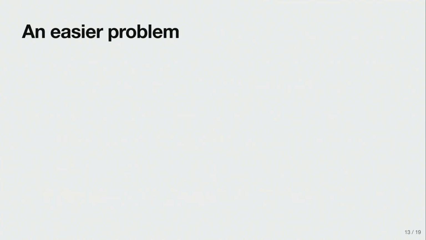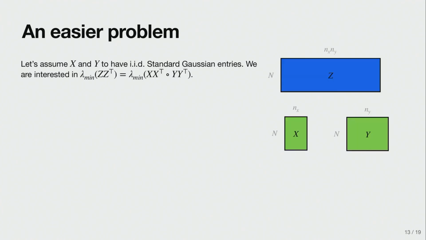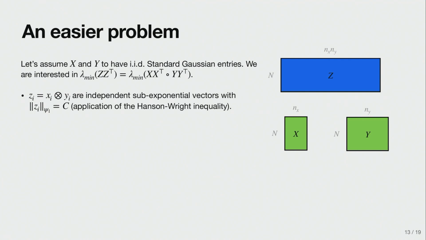Okay, so I told you I want to understand the smallest eigenvalue of a matrix that is defined as this component-wise product between features and backpropagation. The problem is that these two terms, even looked at singularly, are pretty complicated. So to get a little bit of intuition, let's work with something way easier. Instead of features and backpropagation, we look at x and y, where the entries of x and y are sub-Gaussian, independent Gaussian random variables.